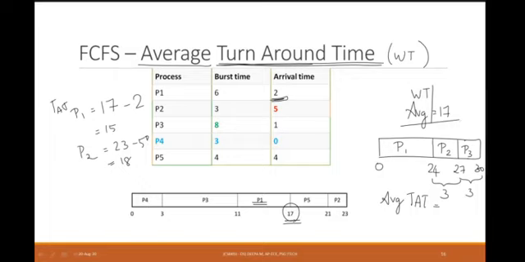Yes. So for the other one, 17.6. Yes, please confirm all of you whether it is 17.6. Find out the turnaround time for all the processes, then divide it by 5 and tell me the answer. And similarly, find out for the other problem also, what is the average turnaround time? Anyone else? 13.8 for the second one, ma.